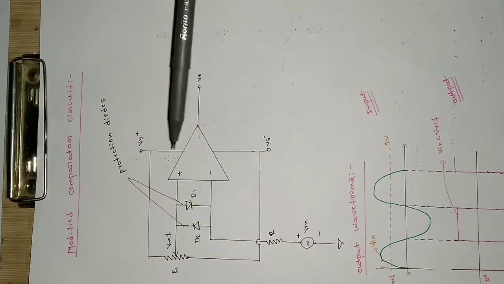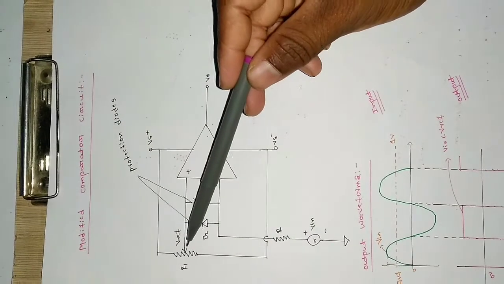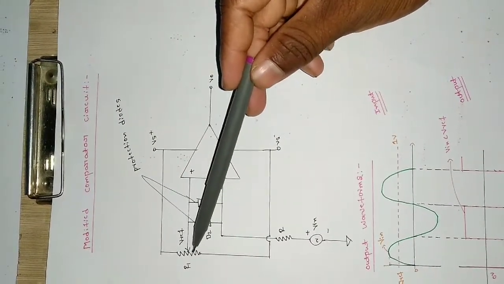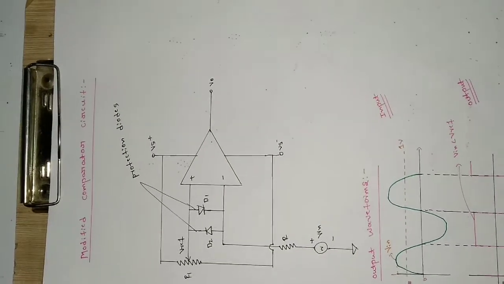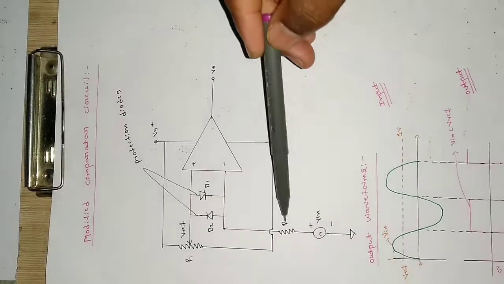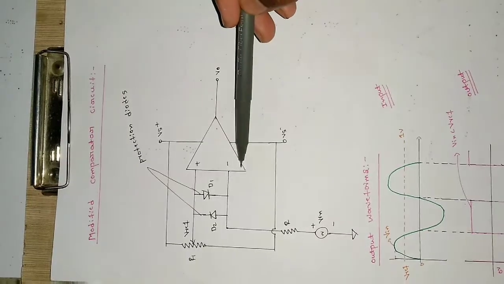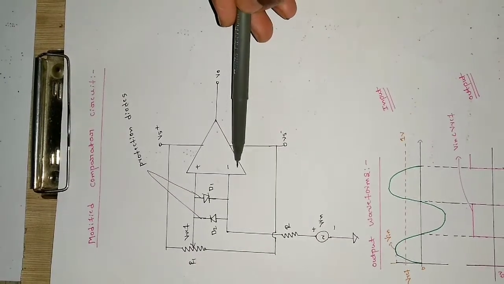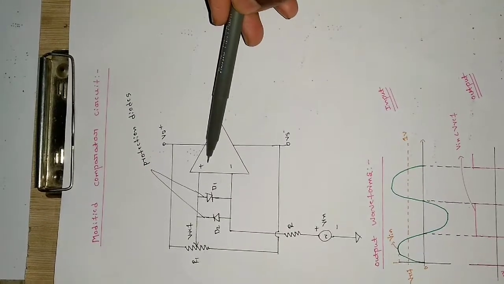So what I have designed is, here I have taken a potentiometer over here. So this is the resistance of that potentiometer, and it is connected to the power supply of the op amp itself. So this is the same protection diodes and this is the input voltage. Now the input voltage is taken across the inverting terminal here, and the reference is at the non-inverting terminal.